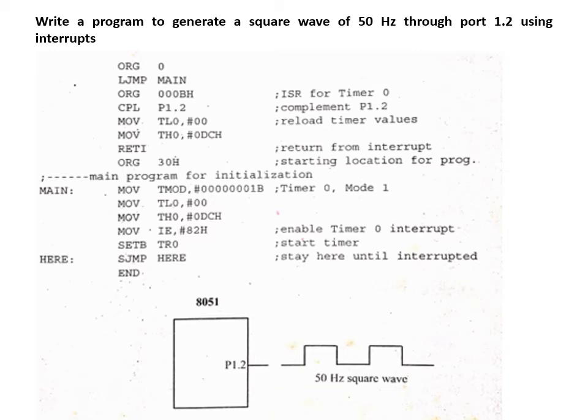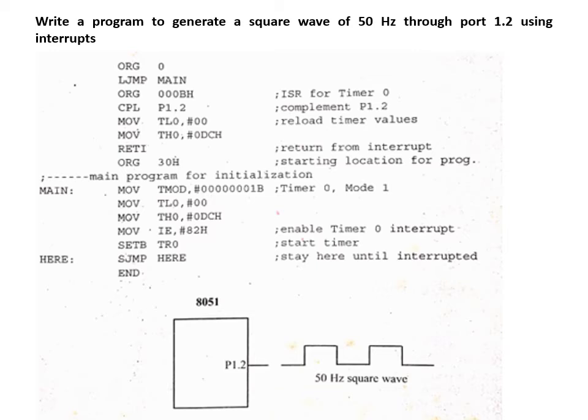I'll just tell you briefly how DC value is obtained. Here timer 0 is used in mode 1. In mode 1 the maximum value is 65,535. The value to be loaded into the THTL register is calculated using the formula: 65,535 plus 1 minus n, where n is equal to the required delay divided by the actual delay.